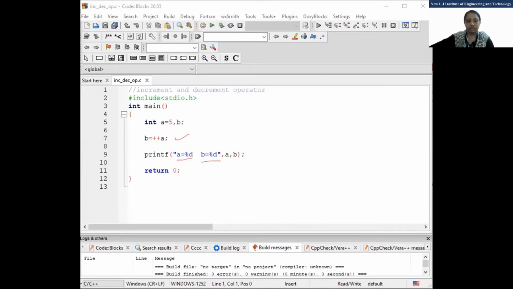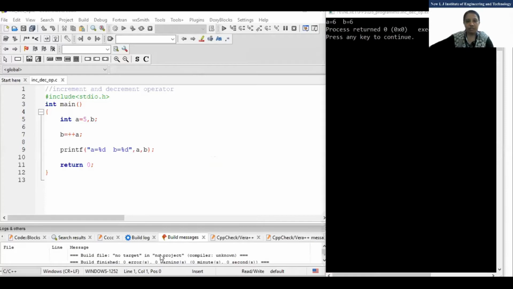Can you see the output screen, the black screen? Can you see both the editor screen as well as the black screen? Okay, fine. Now is it visible, both?